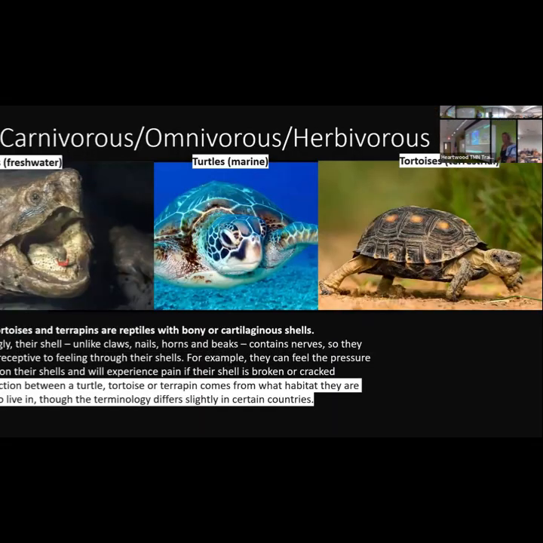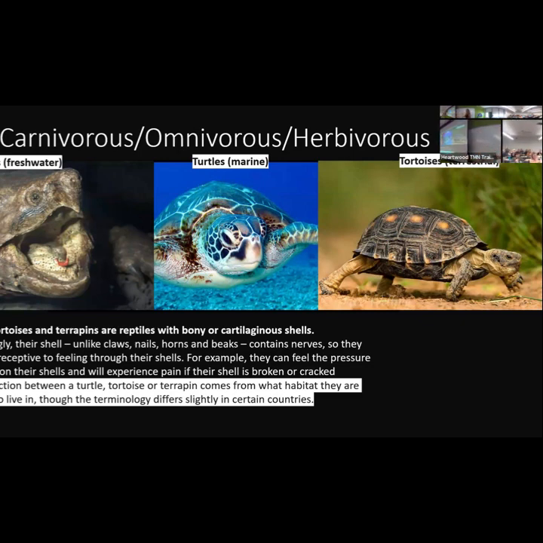So terrapins are going to be our freshwater turtles. A red-eared slider, our most common turtle that we think of as a pond turtle, that's a terrapin because they're in freshwater. The alligator snapping turtle is technically a terrapin. Misnamed, but that's okay. True turtles are marine. So our only true turtles are sea turtles.